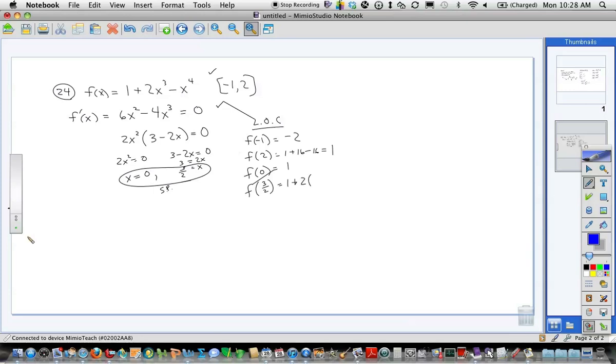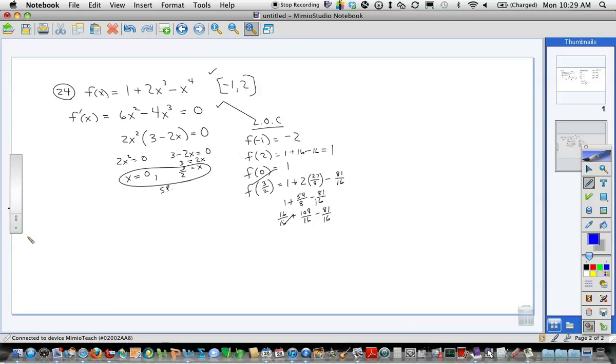3/2 cubed. Let's see. 3 cubed would be 27. 2 cubed is 8. Minus 3/2 to the 4th power. 3 to the 4th power is 81. 2 to the 4th power is 16. So this would be 1 plus 54/8 minus 81 over 16. Yes, you may have to do this. Let's get a common denominator. That'd be 16/16 plus 108/16 minus 81/16,